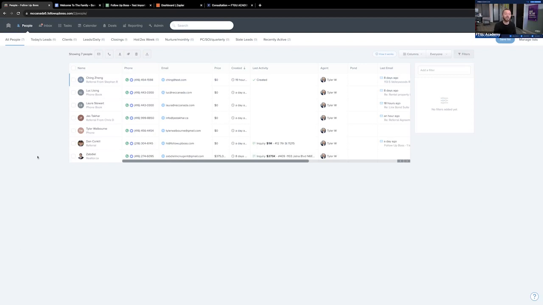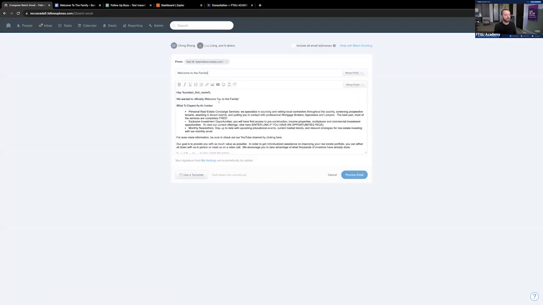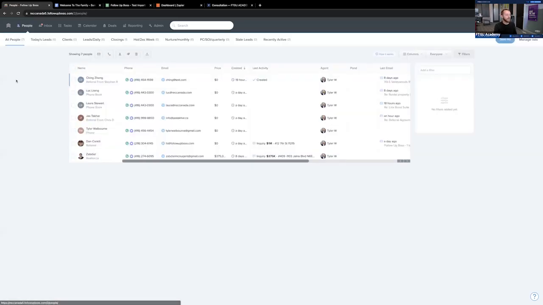So we actually send out 24 emails a year. And it's that easy. Again, you're going to highlight all, batch email, whatever the template is. You can use a template or you can write it yourself, preview email, and hit send. Start sending emails to your database, and don't be that person that only sends pre-construction opportunity emails,